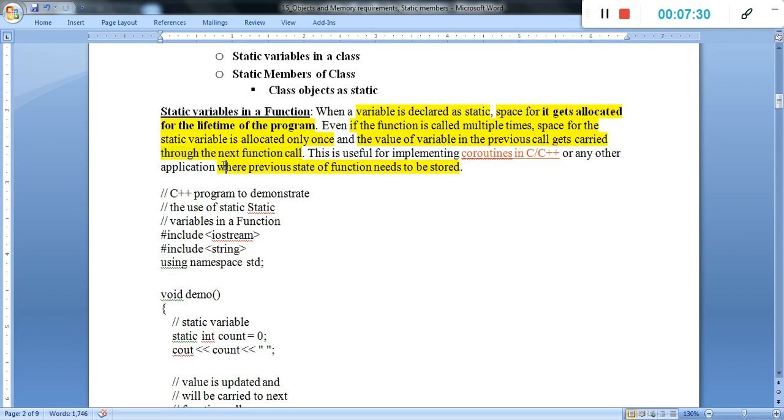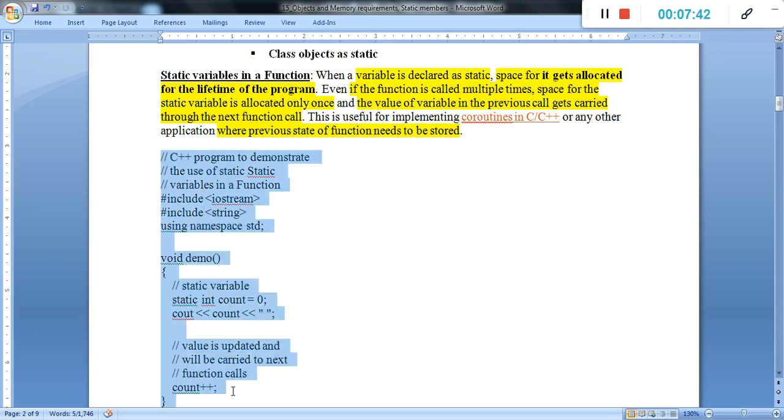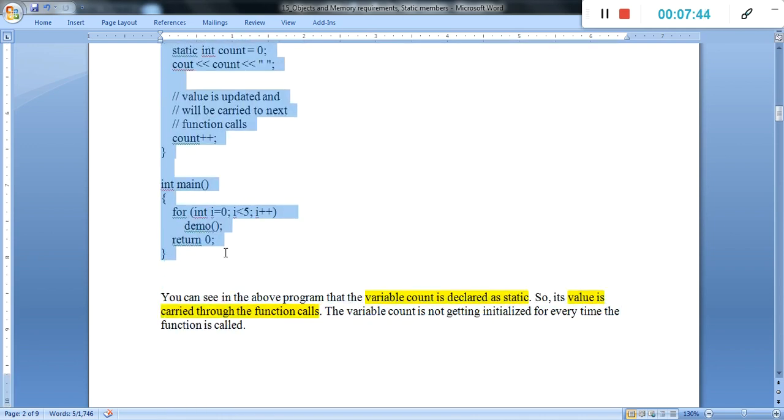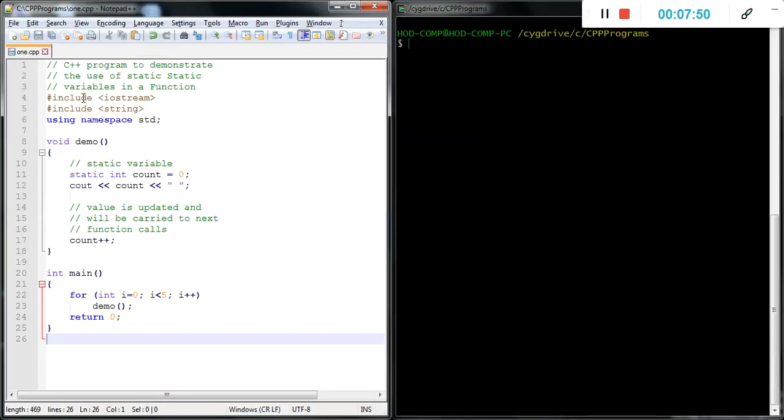We will understand it with the help of an example, where the previous state of the function needs to be stored. This is simply the process of a static variable in a function. We will understand it with the help of code, how exactly the static variable shows the reflection. This is simply #include iostream, string, using namespace std.